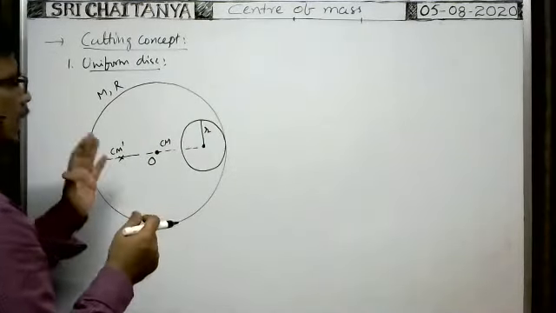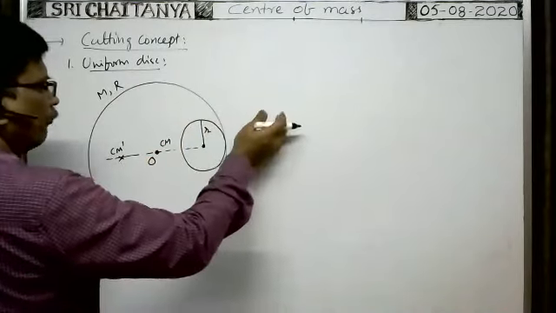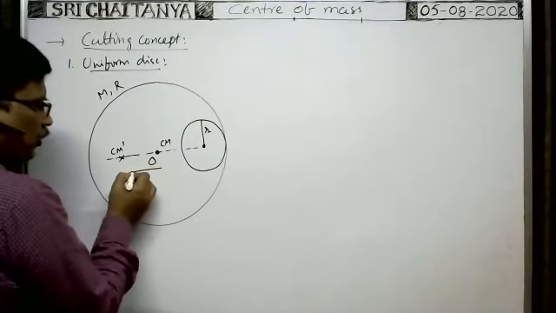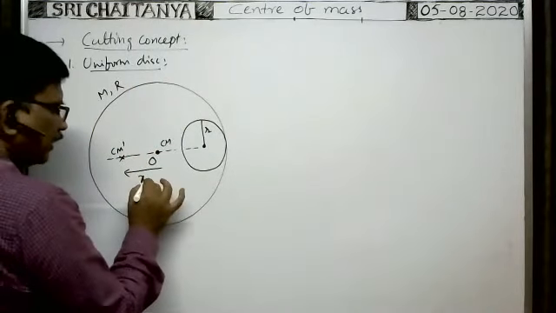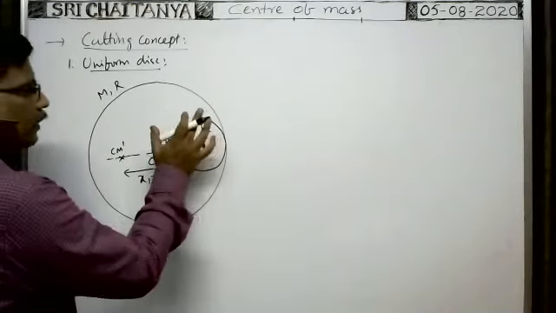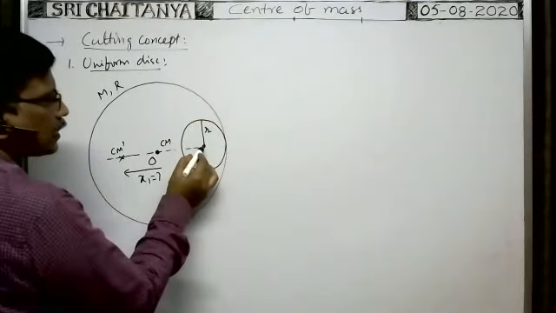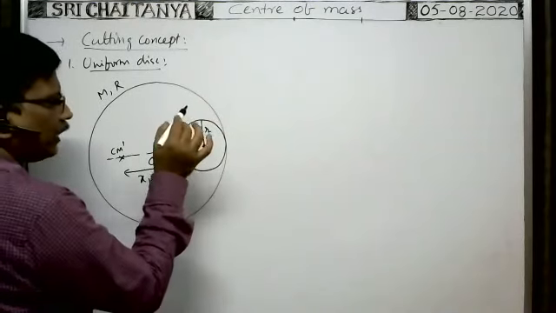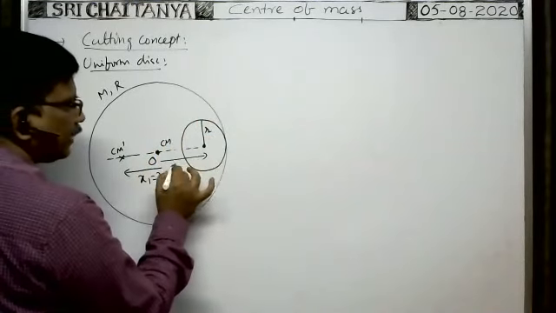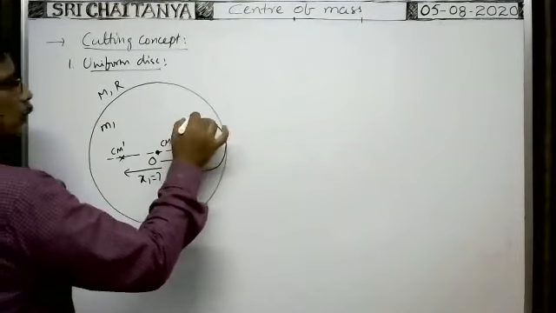So what is the shift in the center of mass? When it is not removed, the center of mass is here. Whenever it is removed, for the remaining part the center of mass lies here, so the center of mass shifts from this position to this position. What is the shift in the center of mass? That is, say, x1. For the removed part, the center of mass is here. So what is the distance of the center of mass of the removed part from the original center of mass? That is, say, at a distance x2. Mass of the remaining part is m1, mass of the removed part is, say, m2.